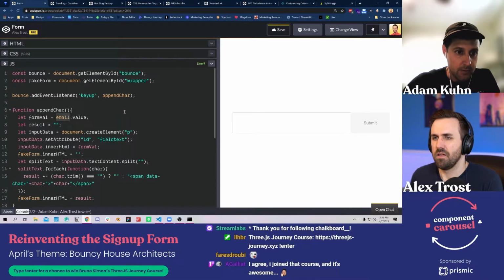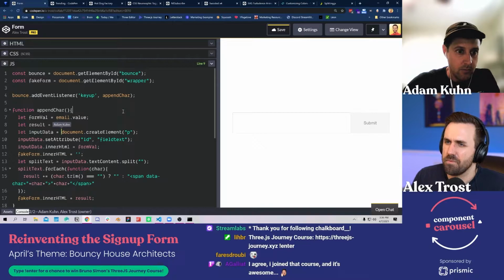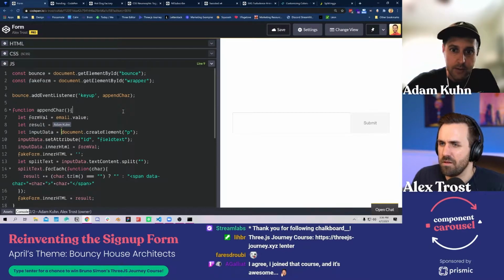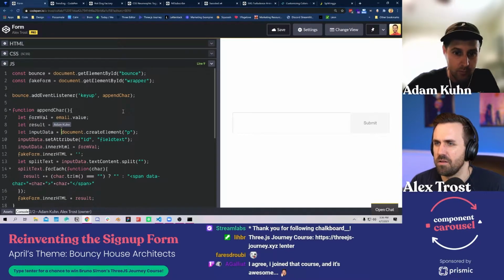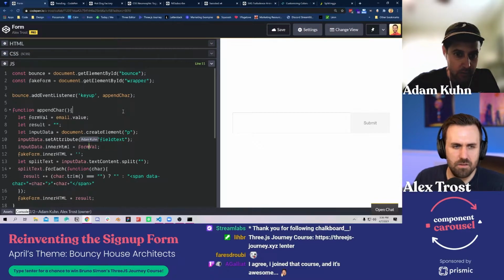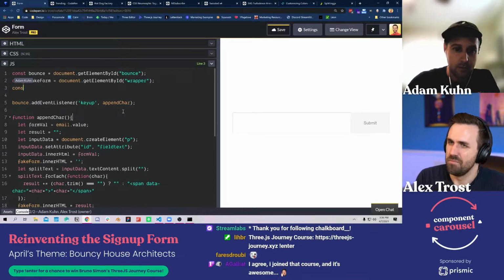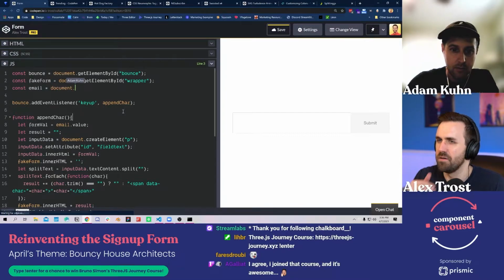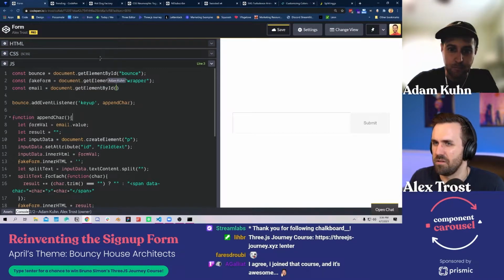Email should... Do we have the ID set? It should pull from... Hold on a second. I think we need to. There we go. Okay, cool.